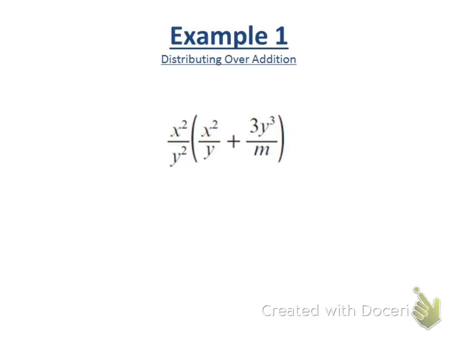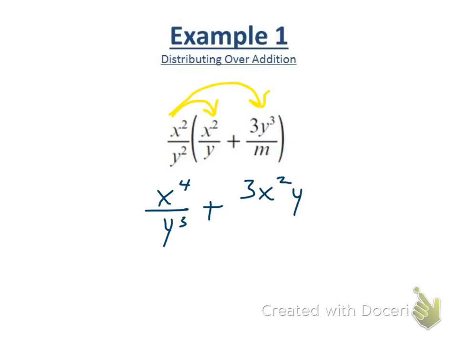What's the rule for multiplying fractions? No, that's the rule for exponents. What's the rule for multiplying fractions? Numerator times numerator, denominator times denominator. Another way to say that is top times top, bottom times bottom. We're going to distribute and multiply each one of these. So x squared will be multiplied by that, and it'll also be multiplied by that. What do we get when we multiply the first terms? x to the fourth over y to the third plus 3x squared y cubed over